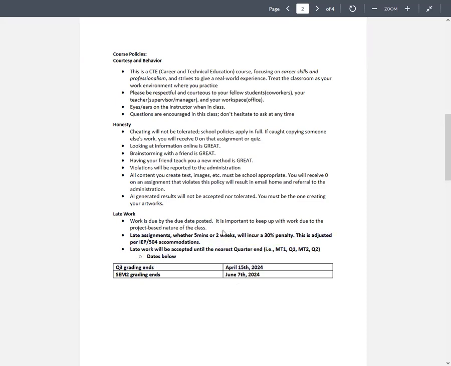Okay, so your late assignments, whether that is 5 minutes late or 2 weeks late, will incur a 30% late penalty. So that means if you turn an assignment in at 12:01 and it was due at 11:59, the max that you can get on that is a 70%. This is adjusted per IEP and 504 accommodations. I'm aware of those and I'm making those adjustments, but late assignments automatically take a 30% late